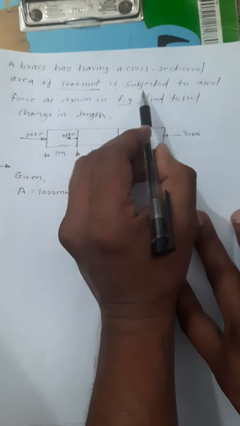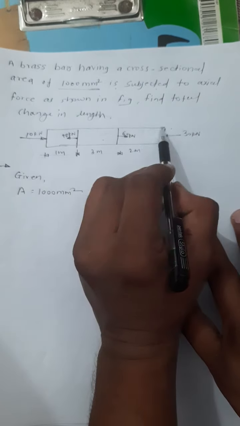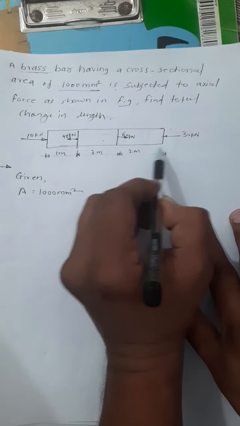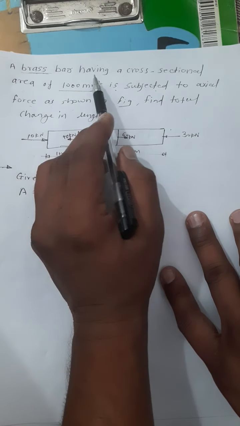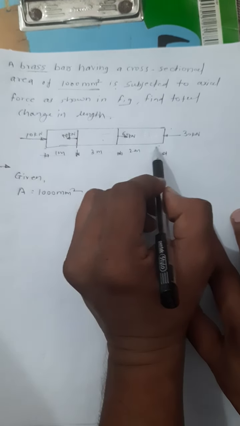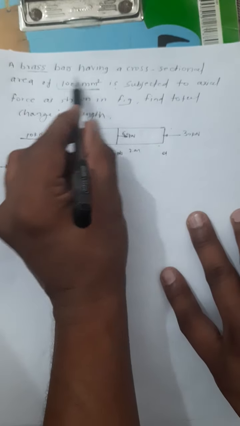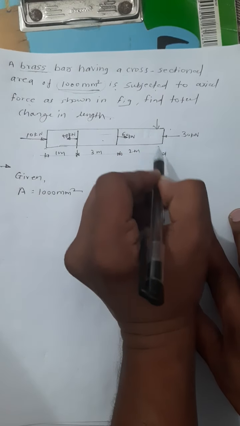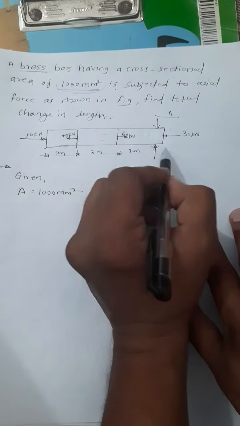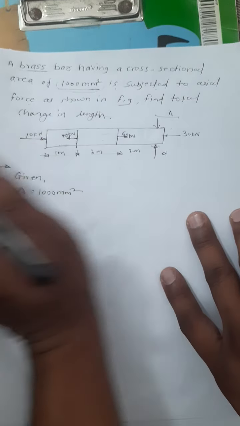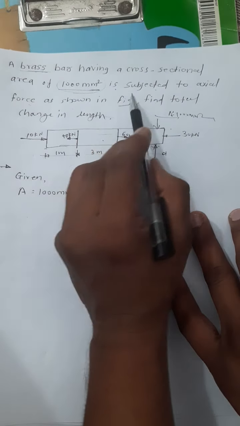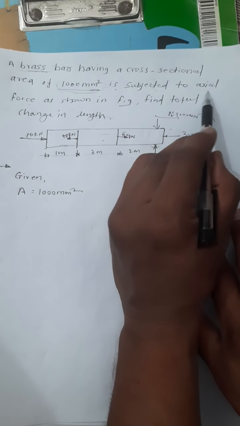So what did they say? We have one brass bar, and that bar has a cross-sectional area. The area of this bar, from this end to this end, from left to right, is uniform. How much area? 1000 mm². The area remains the same from end to end, 1000 mm², and this brass bar is subjected to axial